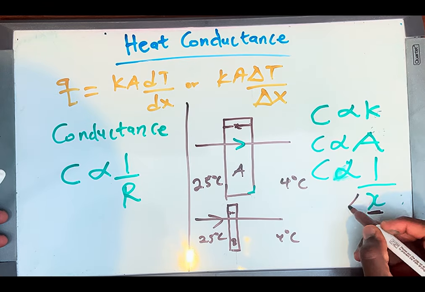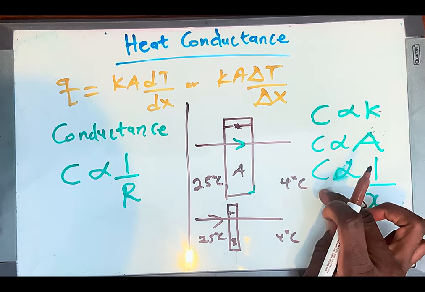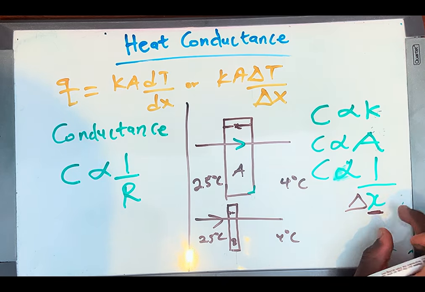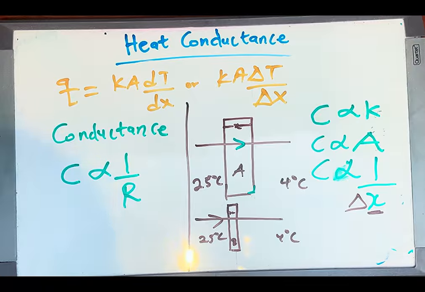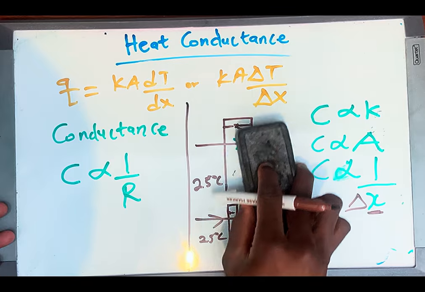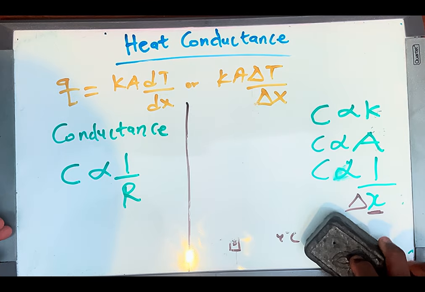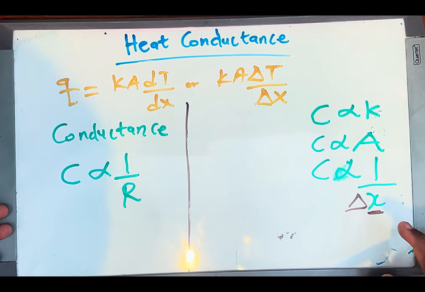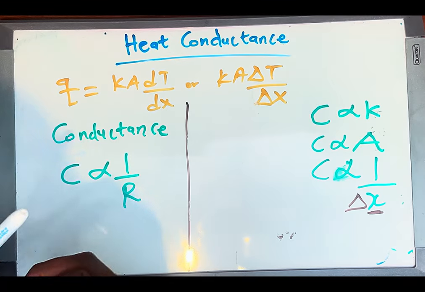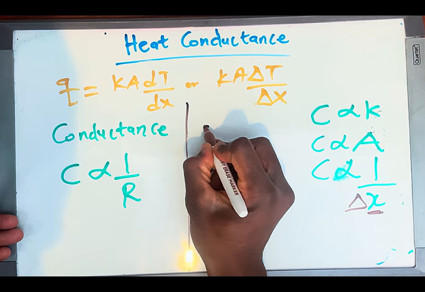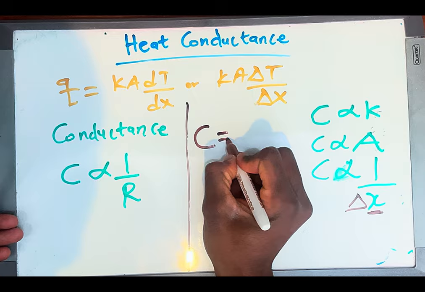The greater the conductance, the lower the thickness, and the higher the thickness, the lower the conductance. So these three are the determining factors of the conductance of a given material. Now, let's combine every piece of information here into a single equation. When we combine everything into a single equation, we can say that conductance C is equal to